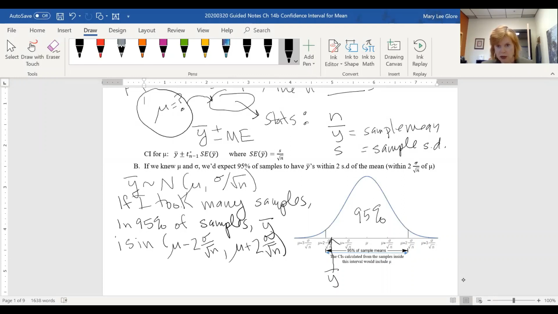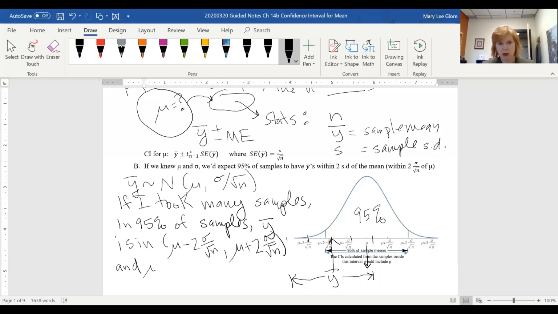But if I add 2 standard deviations to this guy, and I subtract 2 on the other side, all right, so here's this guy. This interval, if you look, mu is in it. So if y bar is on this edge, mu is going to be in this edge. So basically, in 95% of samples, y bar is going to be in this interval, but mu, which is what I don't know and what I'm interested in, is going to be,